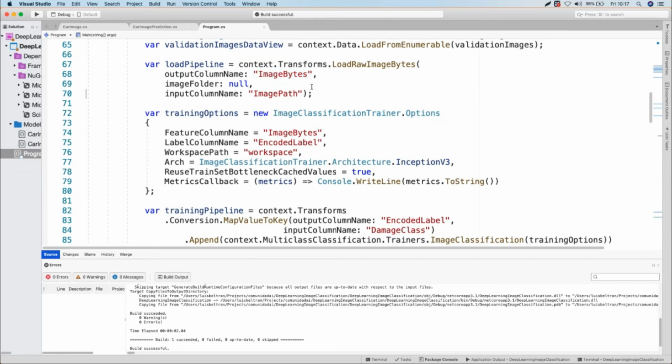Of course, you know that a picture is a byte array. Then we have some options for image bytes. Just the encoded label. This is when we are going to apply the deep learning. I am saying, okay, please reuse the knowledge or load this pre-trained model based on Inception version 3 architecture. This is the deep learning part actually, and you can see it's very easy.